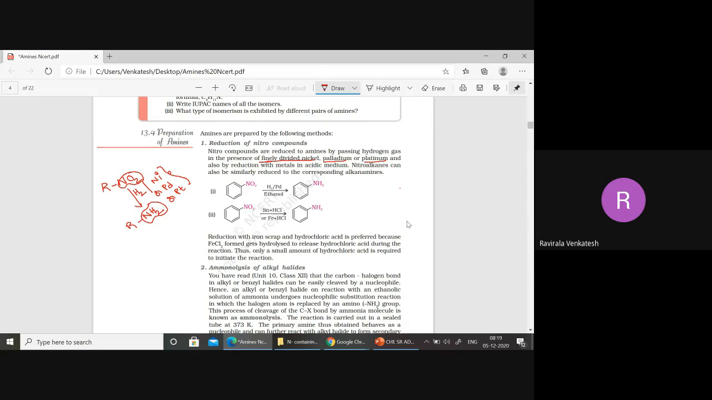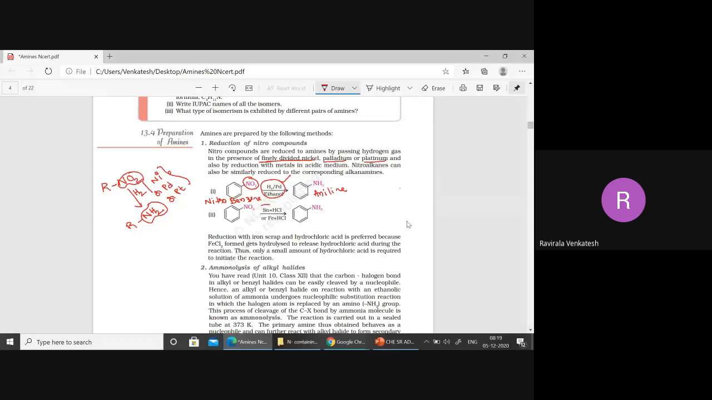Right? See, hydrogen in presence of palladium. Ethanol is a solvent. Then how do you prepare aniline here? So aniline, this part is actually aniline. For this one also the same thing. What we are doing, nitrobenzene you have to take. Nitrobenzene we can convert into aniline by using hydrogen in presence of palladium, or